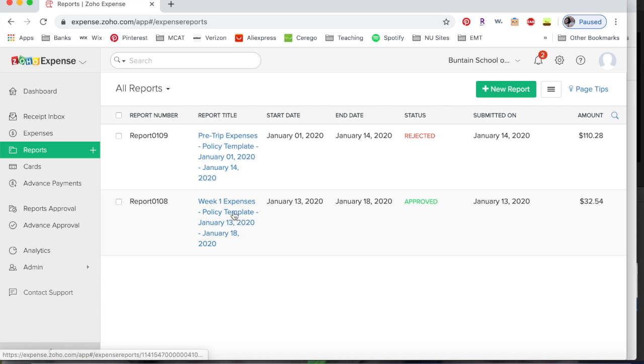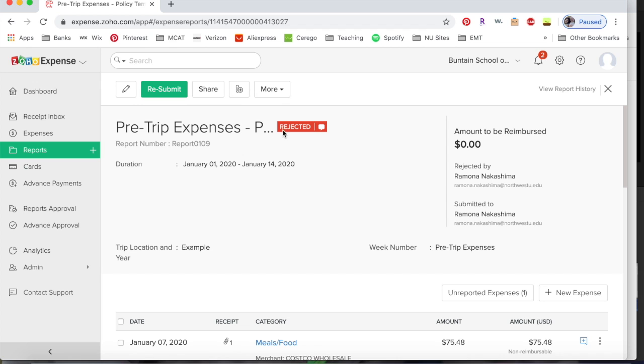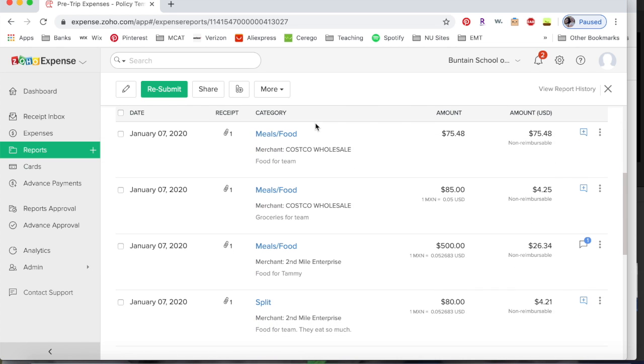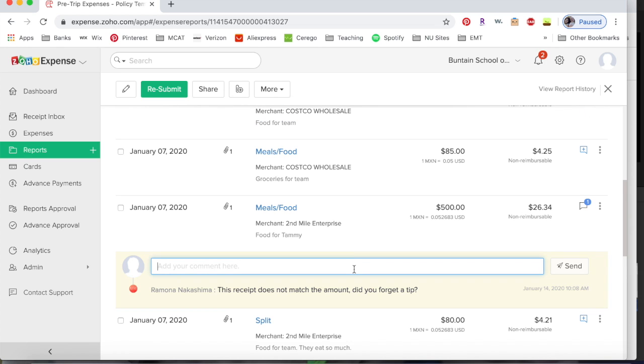Now here in my reports, I see that this one has been rejected and this one has been approved. Once a report's approved, you don't need to touch it anymore. So I'm going to go in here and see why it was rejected. It said check your comments. And sometimes I'll leave multiple comments if there's multiple problems. I'll look at the comment and I'll see,